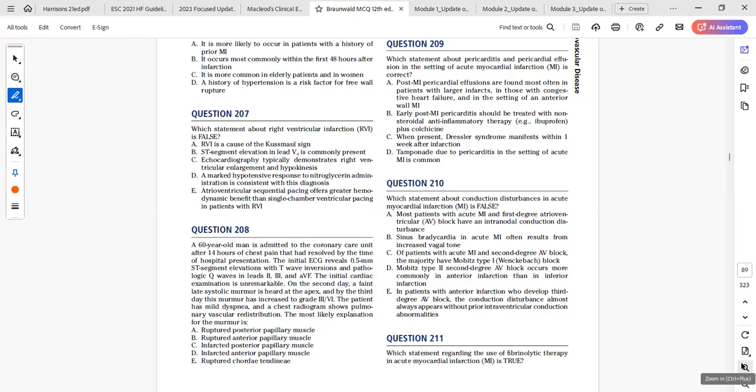Hello? Hello, we are hearing you. Go ahead. The answer is E. It's a false statement. From what is written in the back of the book, it was stated that patients with anterior infarction may develop third-degree AV block without warning. However, it is usually preceded by less advanced conduction abnormality, such as Mobitz type 2 block. So I feel option E is the answer.